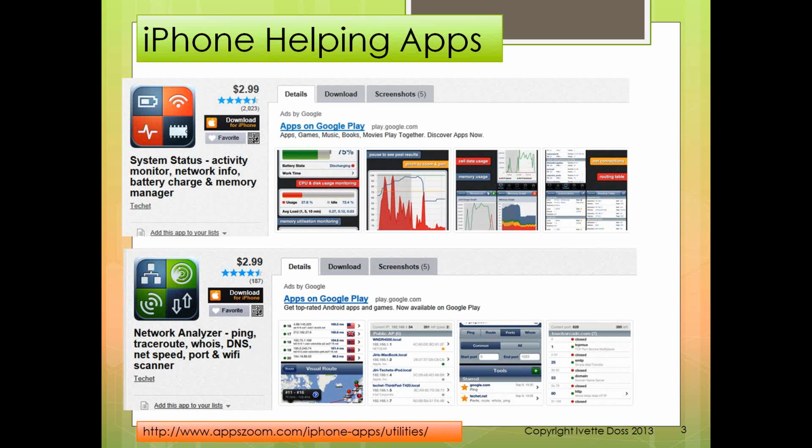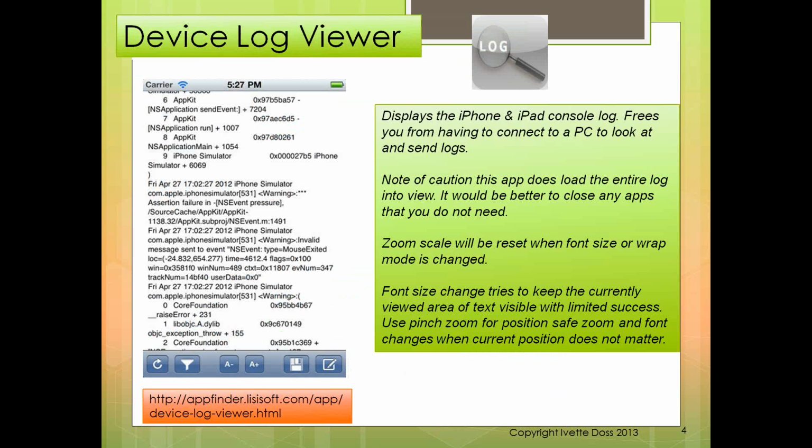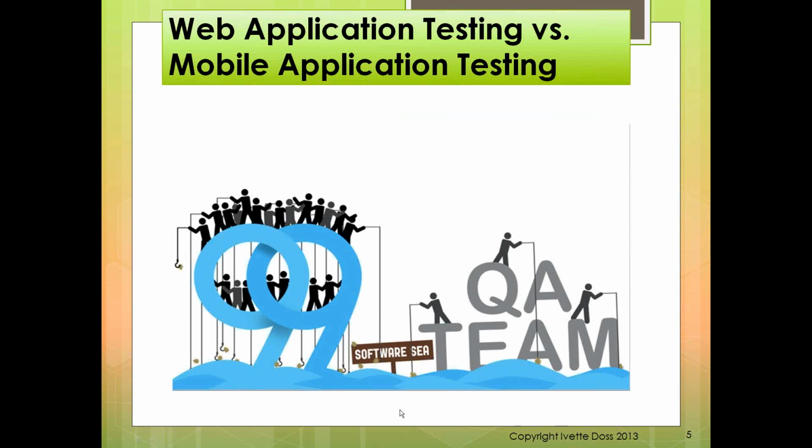We were talking about the log collector for Android. So I found exactly that, a device log viewer. For iPhones, it's pretty much the same thing. It frees you from having to connect to a PC to get a sent log. So it's very cool. And in the bottom corner you have the links where you can get and check this app.